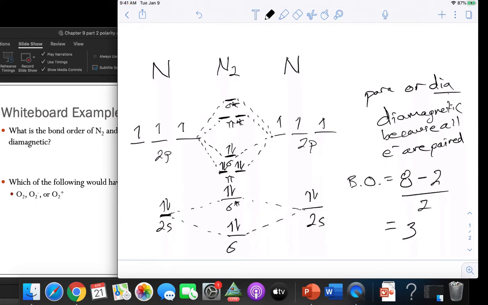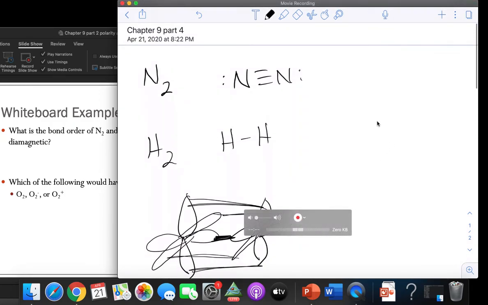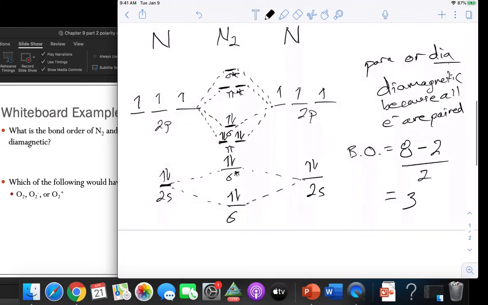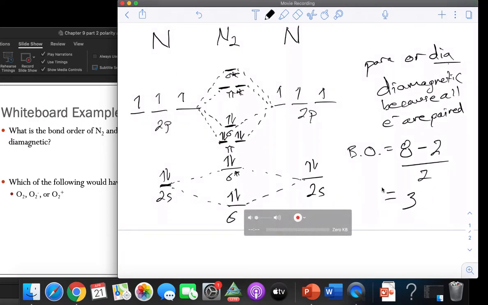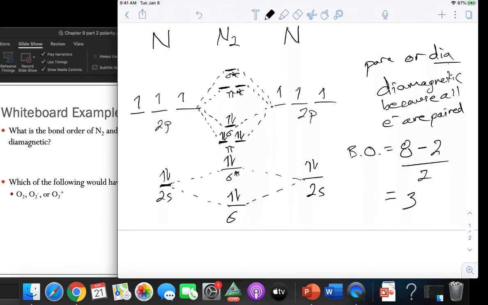And remember what we said earlier for nitrogen. I'm just going to scroll up real fast because I had drawn it up there. Nitrogen was a triple bond. Well, lo and behold, when we draw the MO diagram, if we've done everything correctly, we get a bond order that matches that triple bond order of 3. So there are a lot of nice things that correlate between things that we've done previously and this molecular orbital theory. They should hopefully work nicely in tandem. And they'll also give some other clues, like for instance, N2 is diamagnetic, O2 is diamagnetic, things like that,